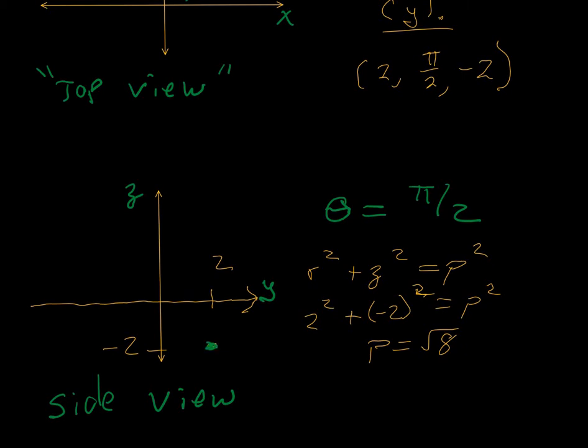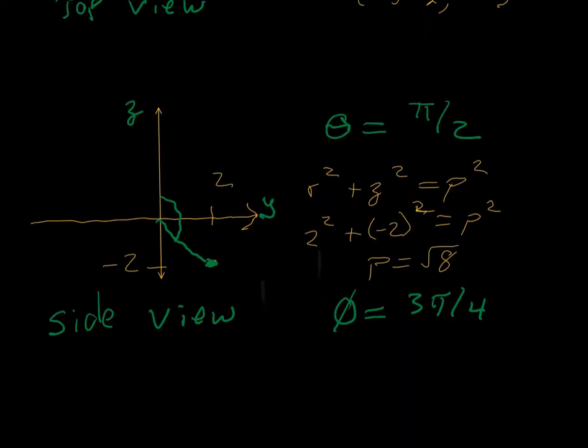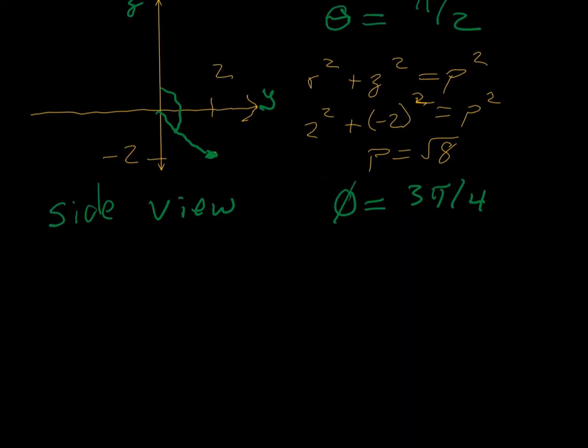There we go. We probably could guess then that the angle phi from the positive z-axis down is 3 pi over 4. Phi equals 3 pi over 4. But it's okay to try and verify this. There's lots of ways to go about doing that. All the conversion formulas are typically in the textbook, and this one shouldn't be too bad to do. But I'm going to do that a little bit in the next video, so I'm just going to skip right